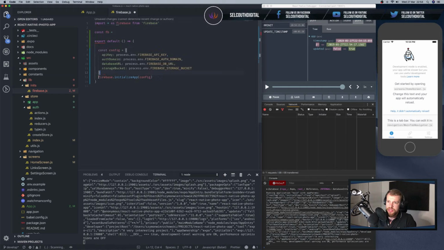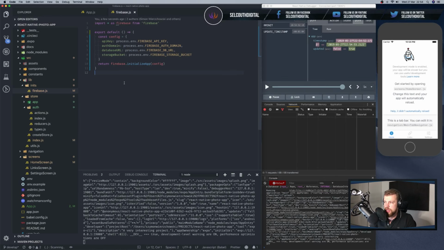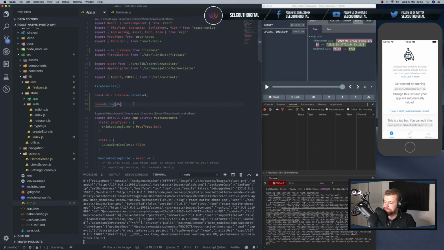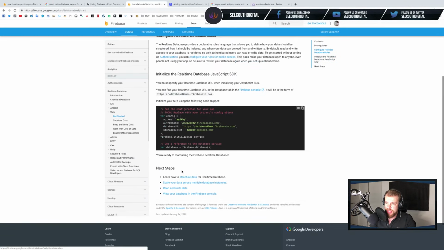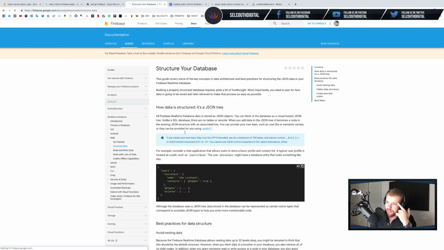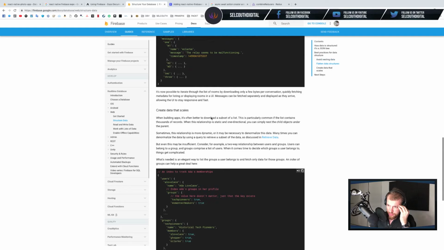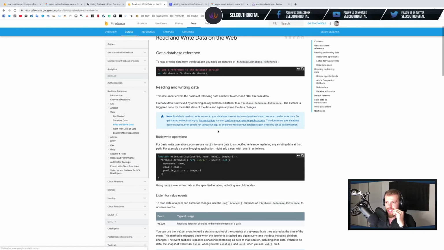But if I do this and return the Firebase initialization, yeah, then it's gonna work, which is fine. Okay, so basically I can see the database. Structuring. That is probably going to be our next